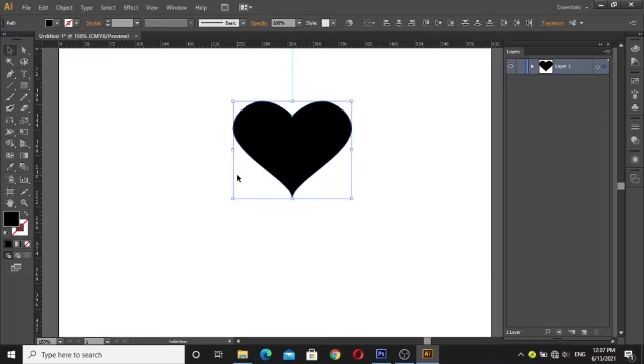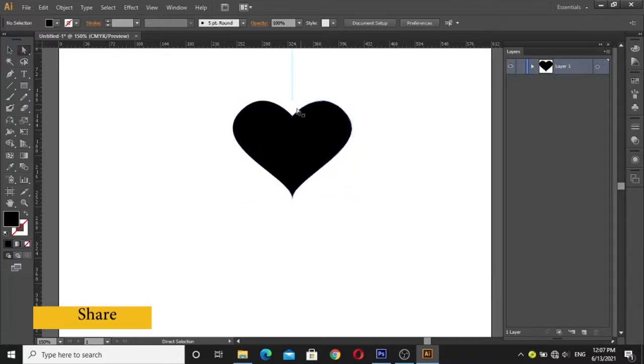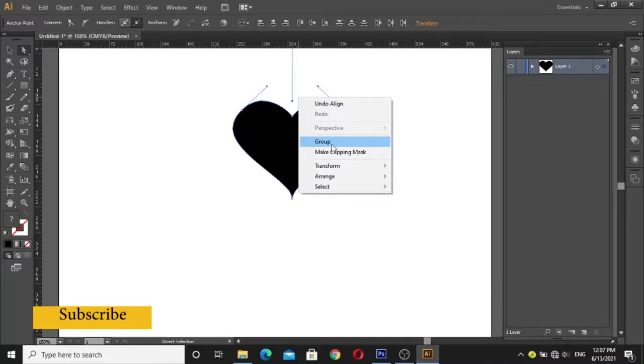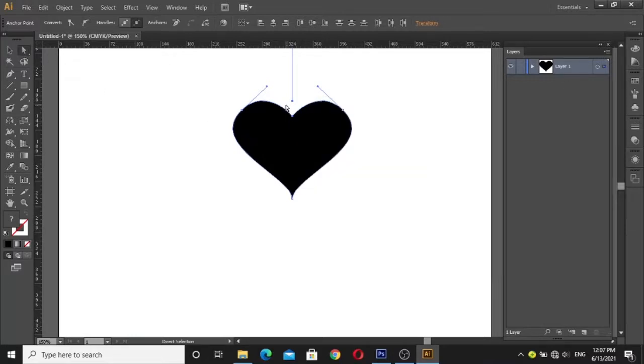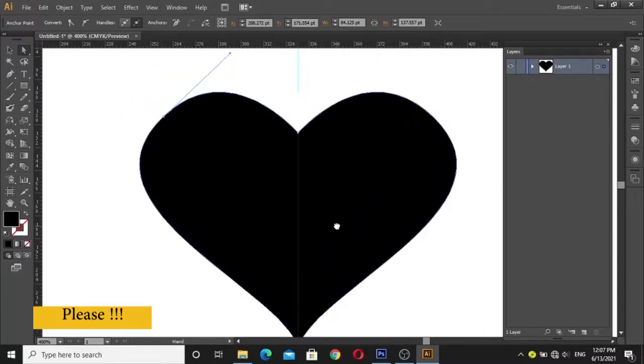So use join to make a single path, which will produce the best results. Otherwise it will not work properly in Photoshop, because they are two separate shapes. So select these points and join them. I can easily join. You can see there are two parts, left part and right part.